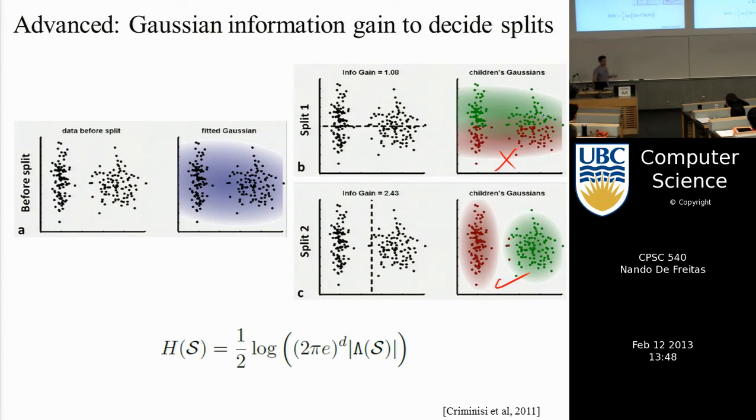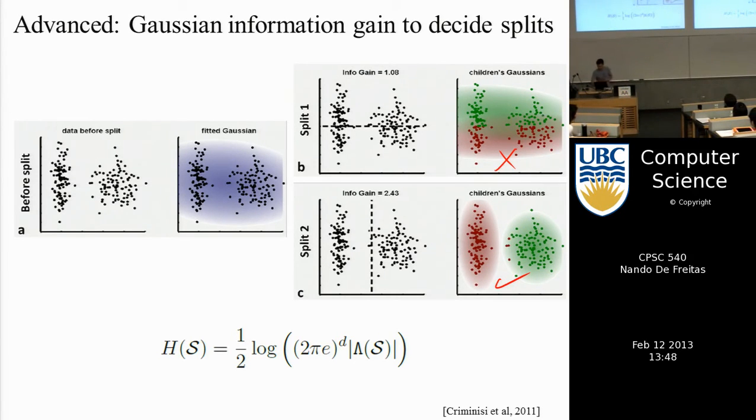Okay, now this is why I asked you to do this calculation in the homework. I've been assuming that I have discrete classes, that I'm splitting the points into k classes, 4 in the previous example. But you could also use random forests where, instead of assuming discrete class probabilities, you actually use Gaussians to model the class probabilities. So you basically take the points that fall in a leaf, and if these are points in 2D, you could just compute the average and the variance, and so you fit the Gaussian to the points in the leaf. So like in this example here,